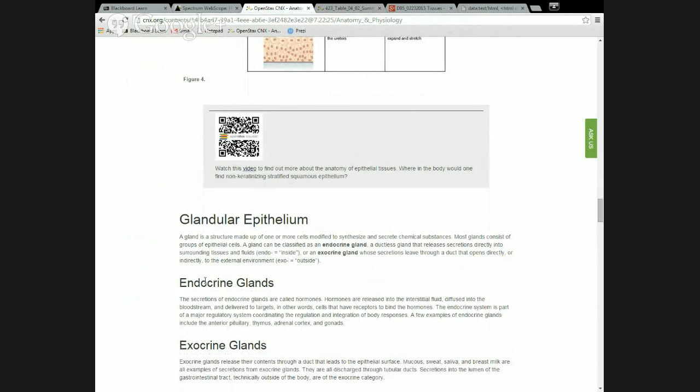Endocrine glands secrete within the body. Endo means within, crine, secrete. So endocrine means to secrete within. And that's talking about glands that secrete hormones. And then exocrine glands secrete outside the body. So those are going to be the ones that obviously secrete outside the body, like sweat glands or anything in